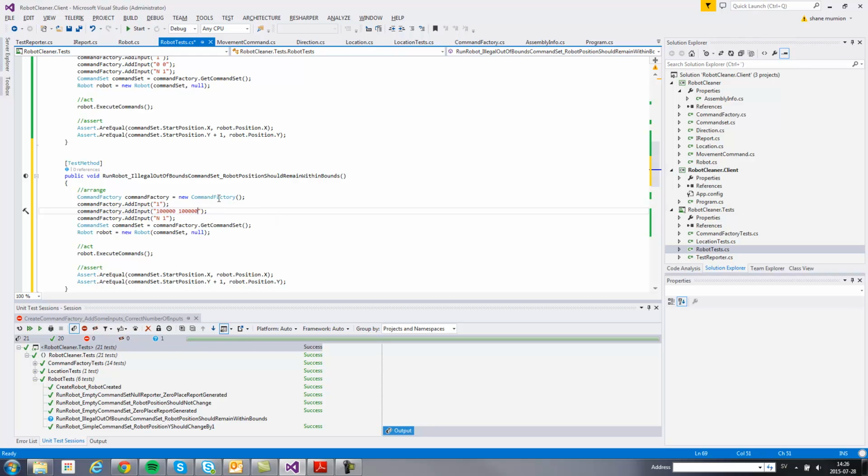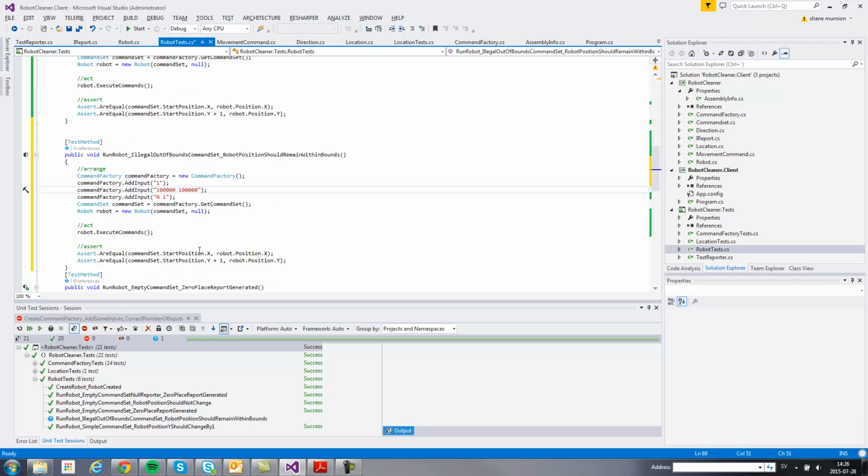And then we give it one movement command where we're moving it north by 1, which would take it outside of the bound zone. And afterwards we should check that the robot has not actually moved. So the x should be the same as the start position, and the y should also be the same as the start position. Okay, so if we build and run this test,